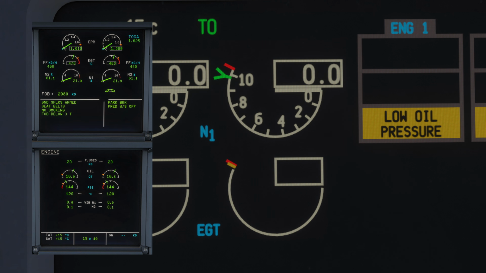And for this reason we also refer to N1 percentages when we are talking about pitch and power figures with an EPR controlled engine, but that would be a completely different story. So now we know what EPR and N1 are, and we know that both of them have their advantages and their disadvantages. So in a day and age where computers are the norm in aircraft, manufacturers thought that, well, we